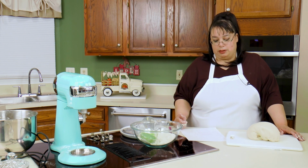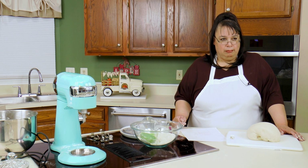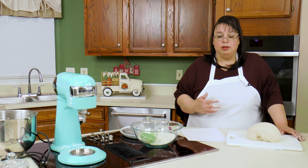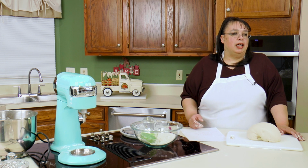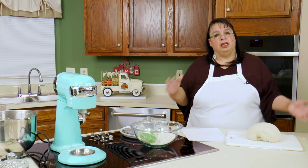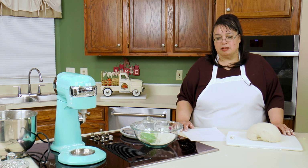Overall, I'm giving this mixer a B. I think it's a B mixer. I think there are a lot of people that will like it. It's smooth. It'll do the job. You can have a lot of fun with it. For me personally, because I think my bread baking is at a medium or slightly above medium skill level,